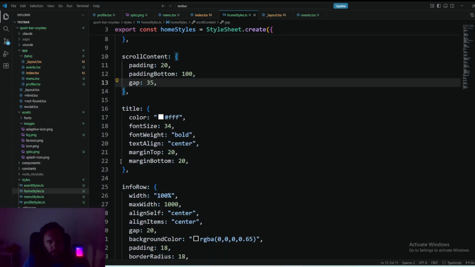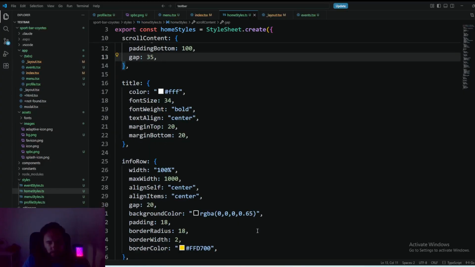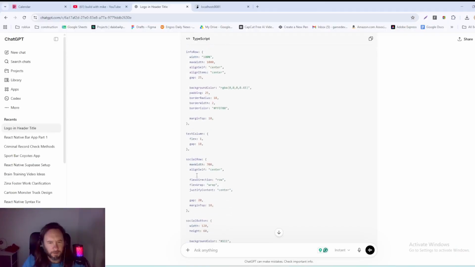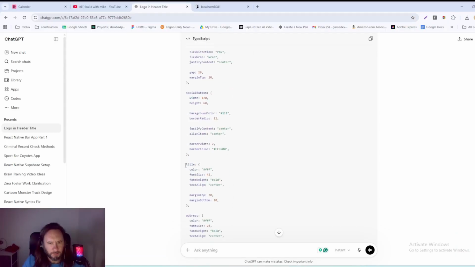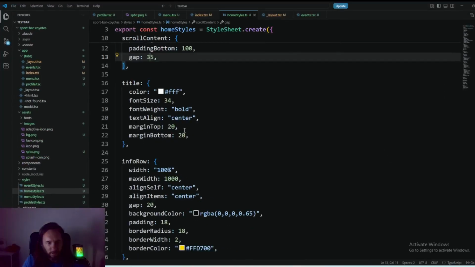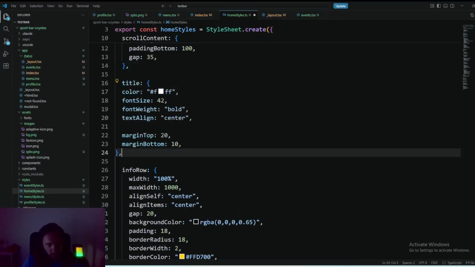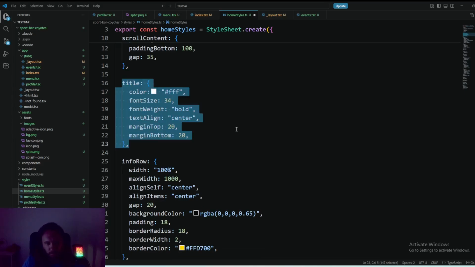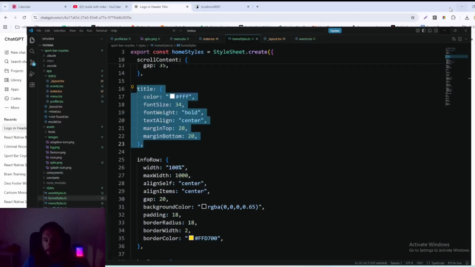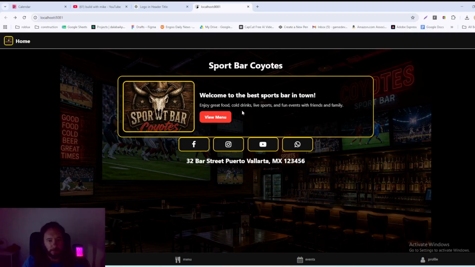Title. Okay. Title needs that. What? No. I don't like that. Okay, that's much better. Yeah, that looks good. Okay, now we just need the gap between that. And I think that's good. Alright, so